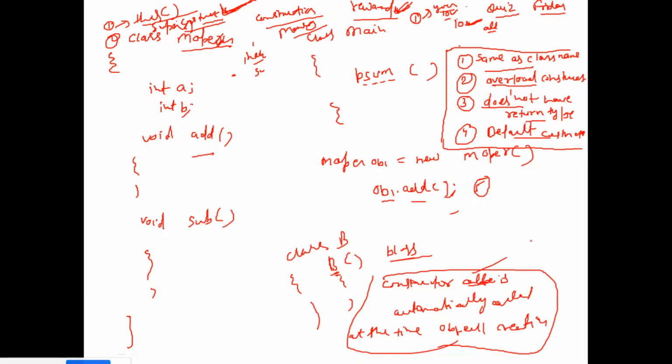Let me prove this point, that when you define an object for a class, here I have made this object for this MathOperation class. ob1 is new MathOperation, so this constructor will be called automatically, right? But you cannot see any constructor over here. This is a default constructor, and that's why we call it default, because it's present by default. How can we prove it? Just directly go back to your Eclipse IDE.